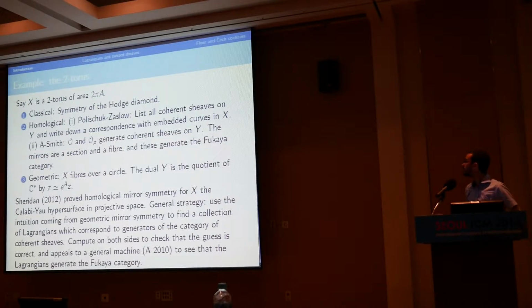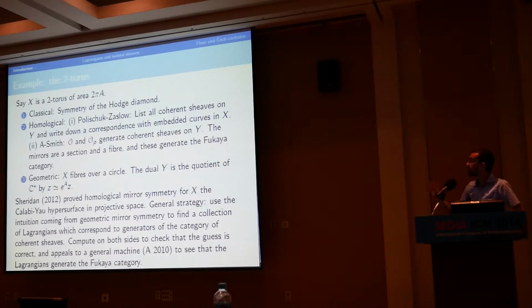But there are other methods, and in particular, there is a proof in the literature that appeared in a paper of mine with Ivan Smith, which in a way is much simpler. There's much less to check. So instead of looking at all curves, I'm just going to look at the curves in class (1,0) and (0,1). I called them here section and fiber because I'm imagining that I take this 2-torus and I project it down to a circle. So take a fiber and a section.